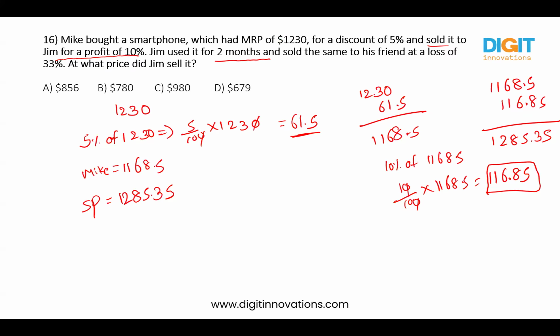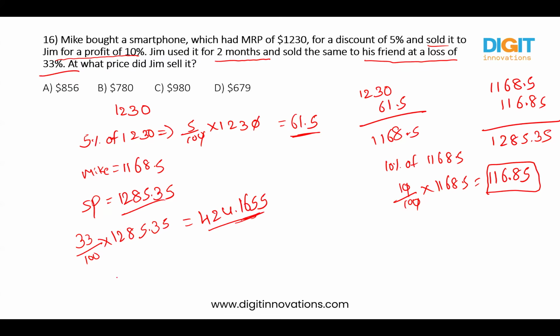We don't care about how many months he used, and he sold it to his friend at a loss of 33%. So something at 33 by 100 into, this is the cost price for Jim, and this is the selling price for Mike. So how much would it be? In total, it is 44.1655. Okay, and this is the loss he is going to get from